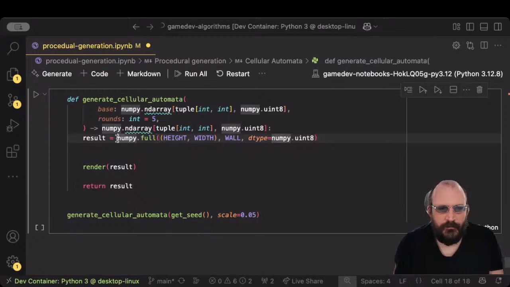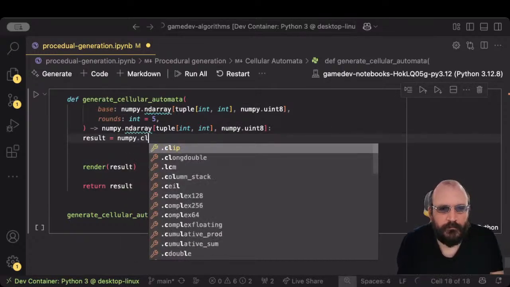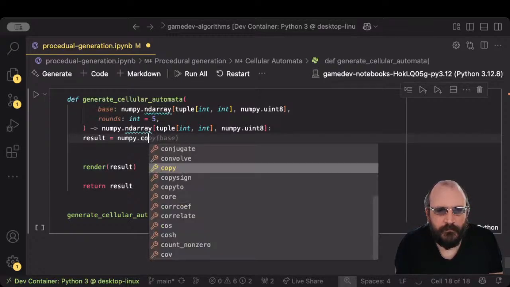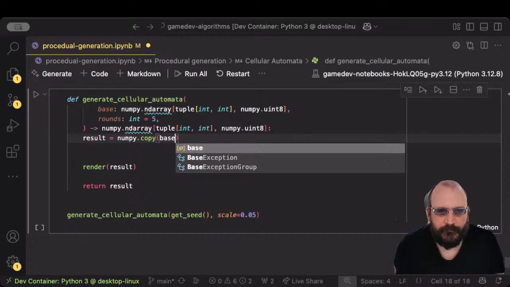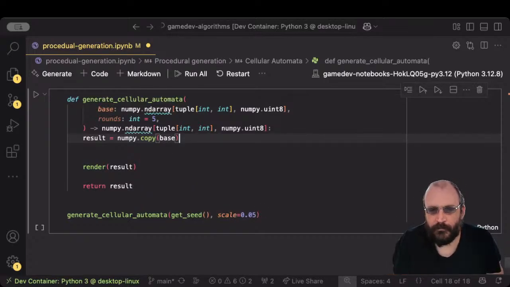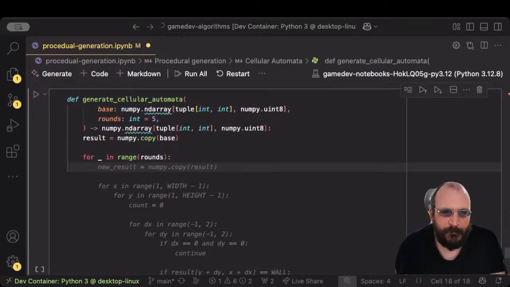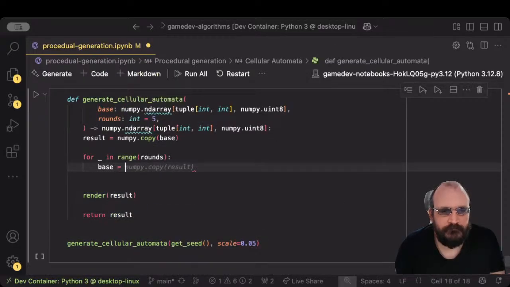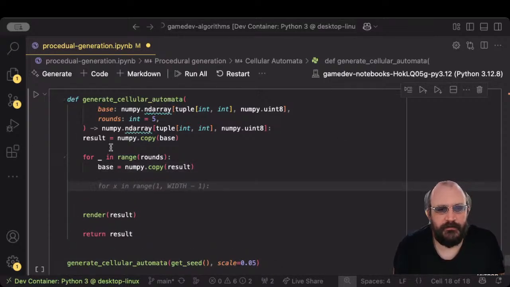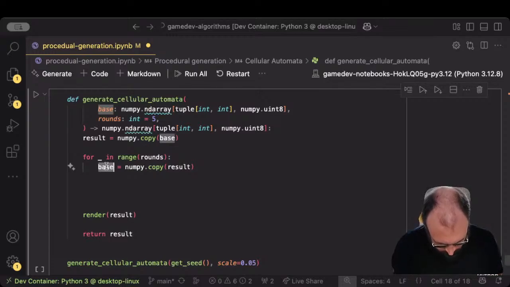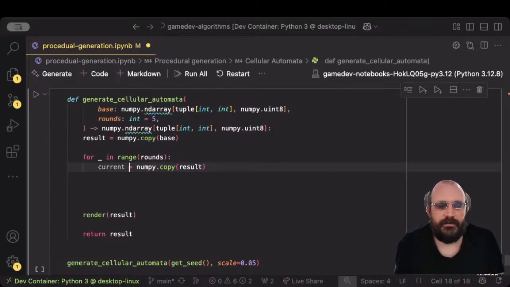So instead of generating the base map here, we're going to take one in as a parameter, and then for each round, copy the result. We're going to take a copy of what's currently there,